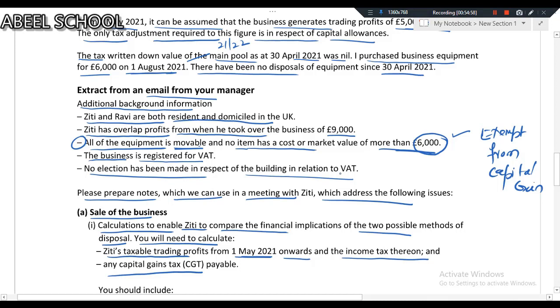If, dear student, you don't remember the VAT conditions for when we are selling a business and the going concern assumption is valid, then there will be no taxable supplies. You can learn these conditions from the VAT chapter, which we have already discussed.